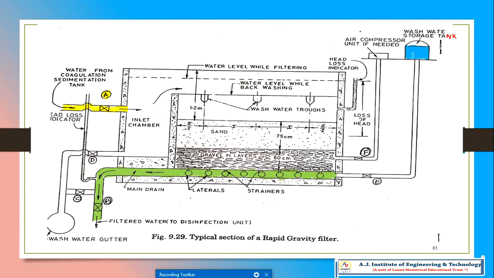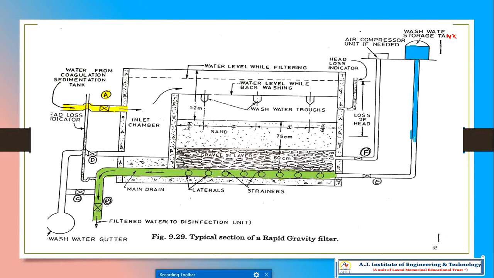My main agenda is to give the information of how to backwash it. That is very important. For that purpose, I am giving a color for this so that you can easily understand the concept.